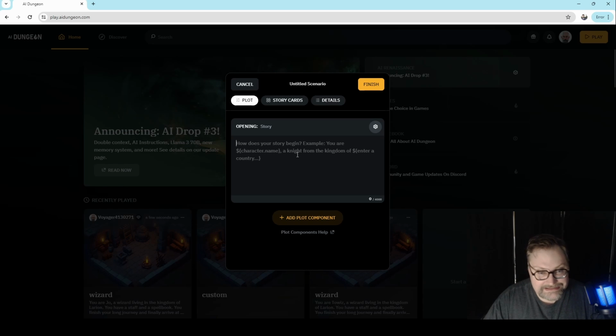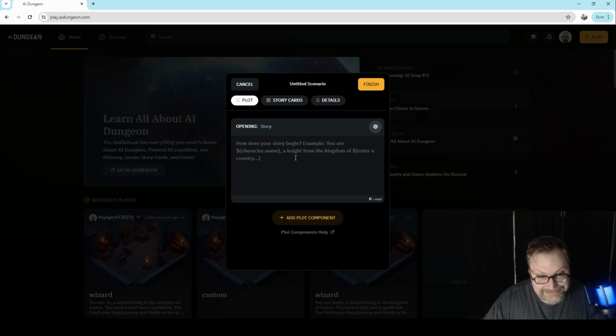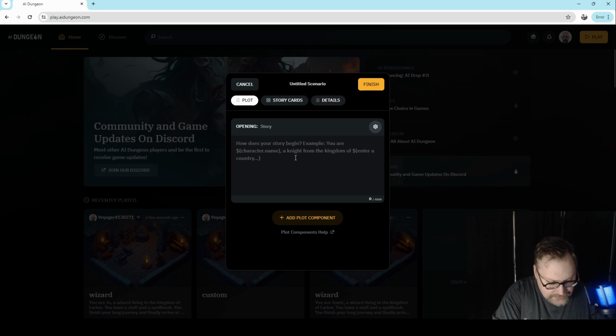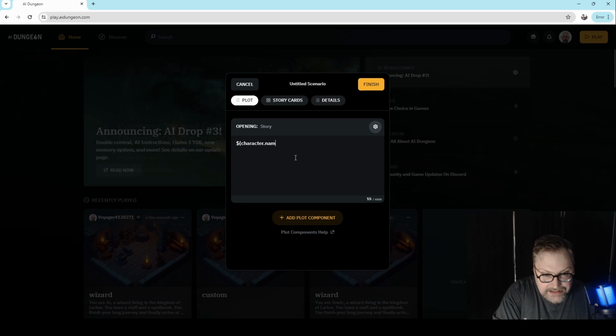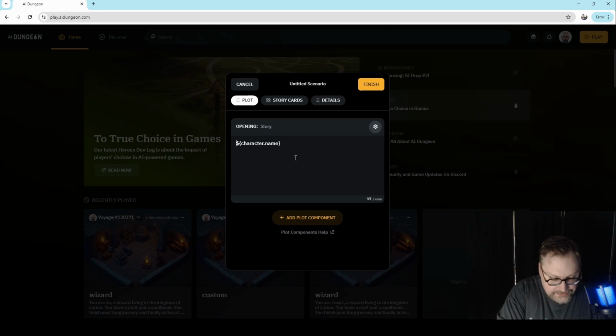One of the first things you'll want to do is learn how to do $, squiggly bracket, character dot name, squiggly bracket, because this is how you ask the player what their name is. So we're just going to do $, squiggly bracket, character dot name, and squiggly bracket. And then before that, we're going to put something so it kind of makes sense. You are